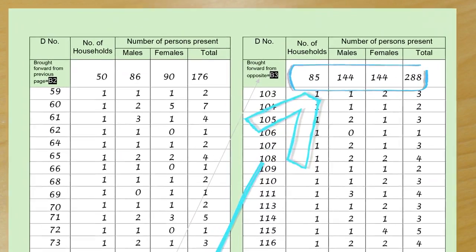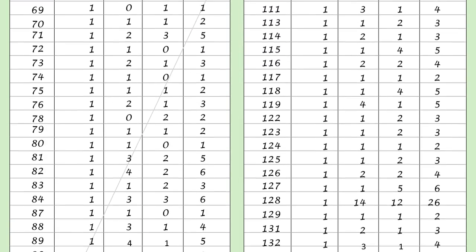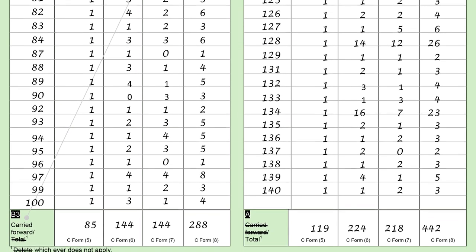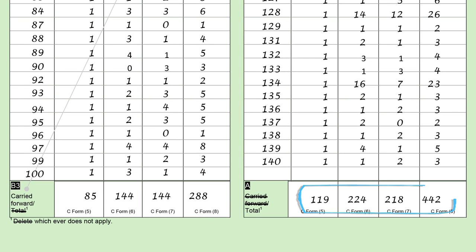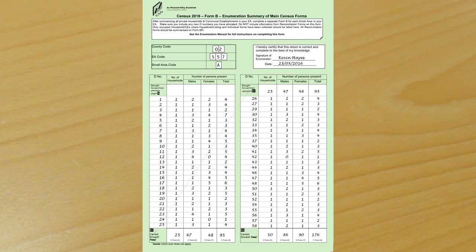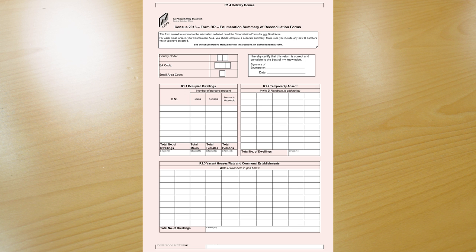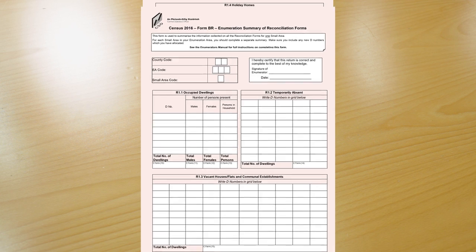When you have entered the details for all forms in your small area stack, you should sum the 4 columns where you made your final entries, as these will be transferred to the column numbers indicated on Form C. When you are satisfied that your Form Bs are complete and correct for each small area, you should sign and date each Form B. To complete Form BR, you should